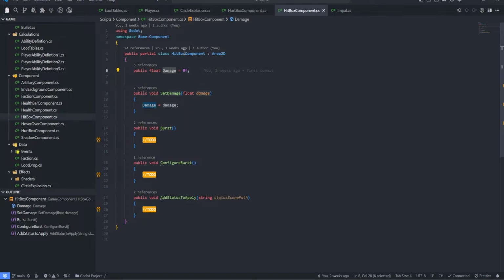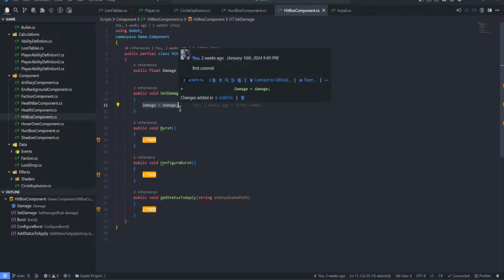Each component has one instance of hitbox, so it should be unique. To do damage, I will call hitbox component dot damage and pass the damage, which is responsible for setting this damage. This somehow needs to be listened to from the hurtbox component. So once this damage is set,